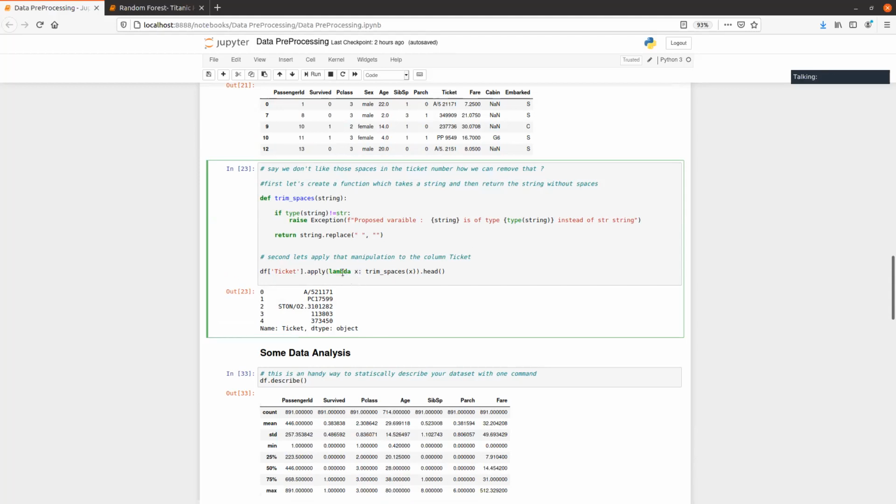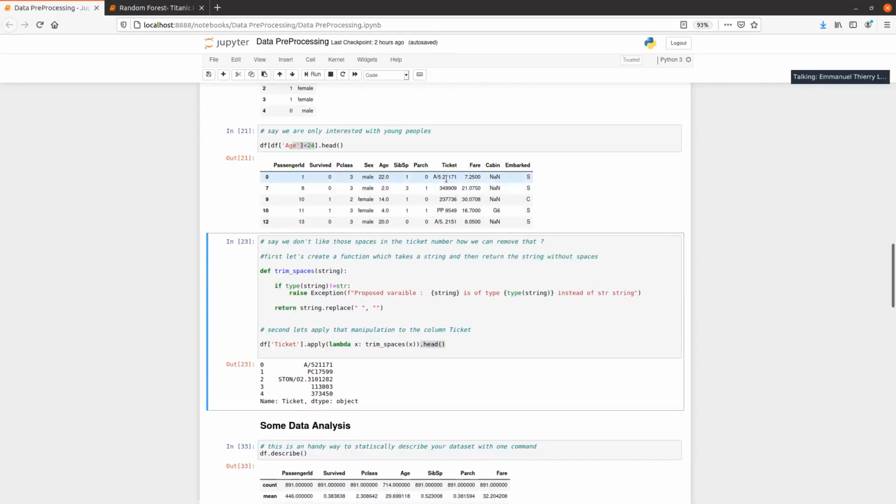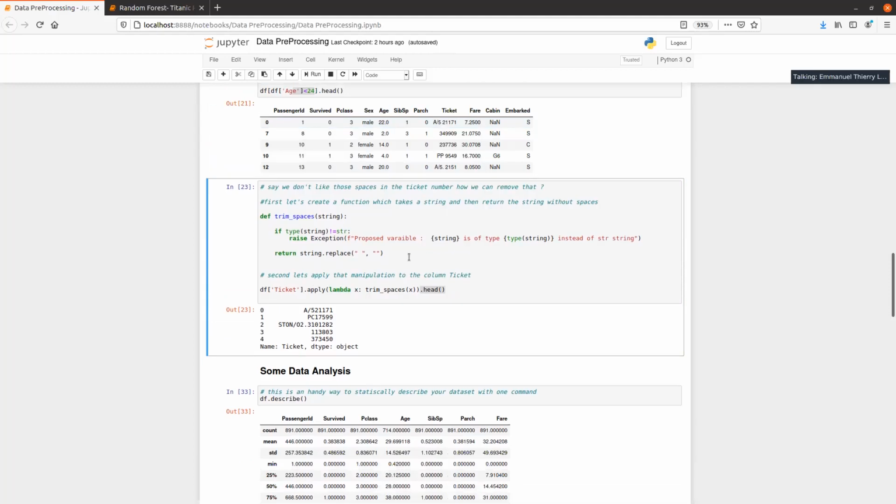The lambda function takes a parameter x. The parameter x will be passed via this apply function, and then I apply my trim function on this x variable. Then I simply do dot head. And as you can see here, there are no more spaces in the ticket section. But that is just an example.